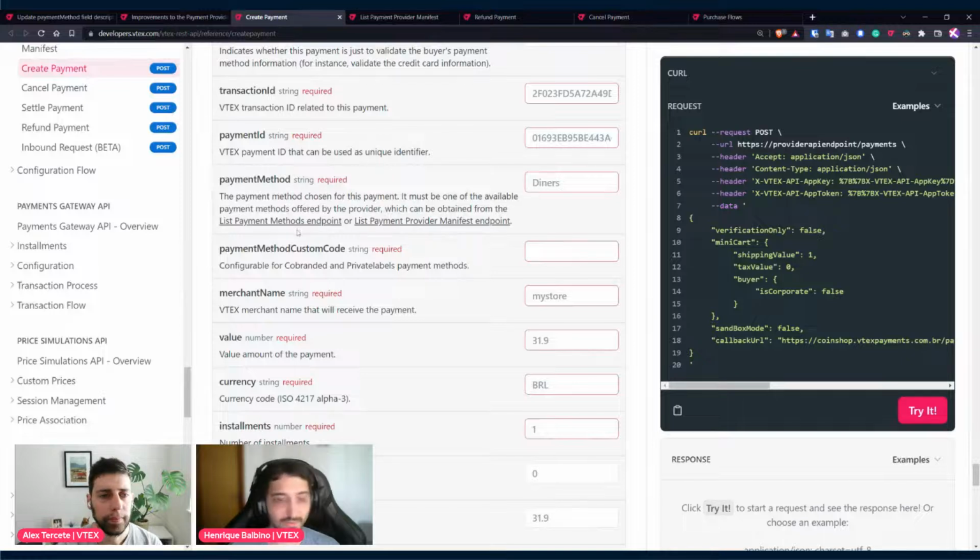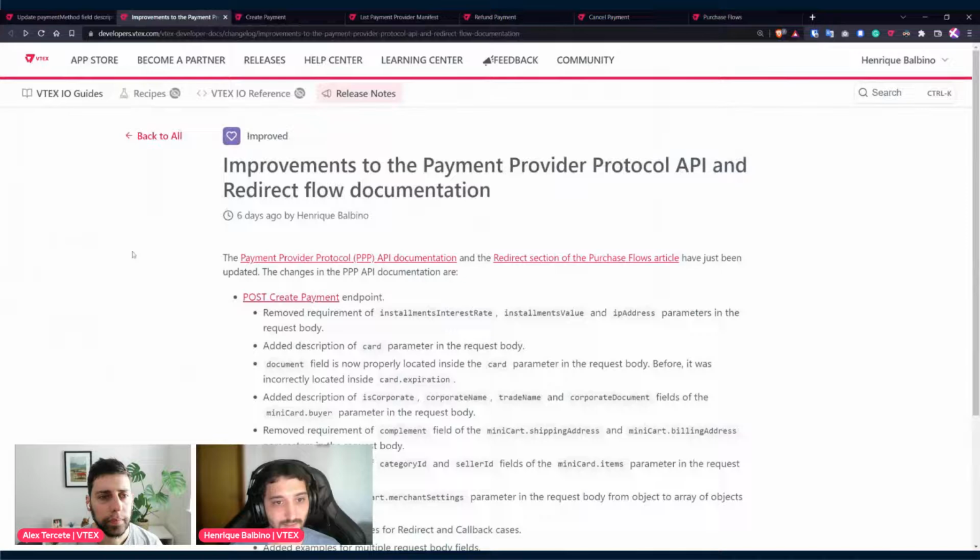From those two endpoints, you can check from the integration which are the payment methods that are available, and then you have to choose one of them and insert here on this payment method field to choose what the payment method that will be actually used for that specific payment. So we have this improved description here. And second, we have